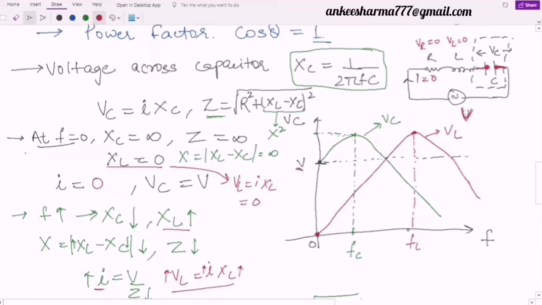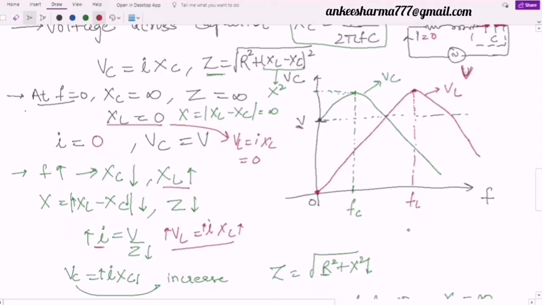And if I have to talk about the cutoff frequency or the resonant frequency, I said it is that frequency where my XL is equal to XC. Look here, this is important to understand again through this graph. I said at resonance, my XL is equal to XC. If I multiply it with the current, then I will get I XL is equal to I XC, which is nothing but VL equal to VC.